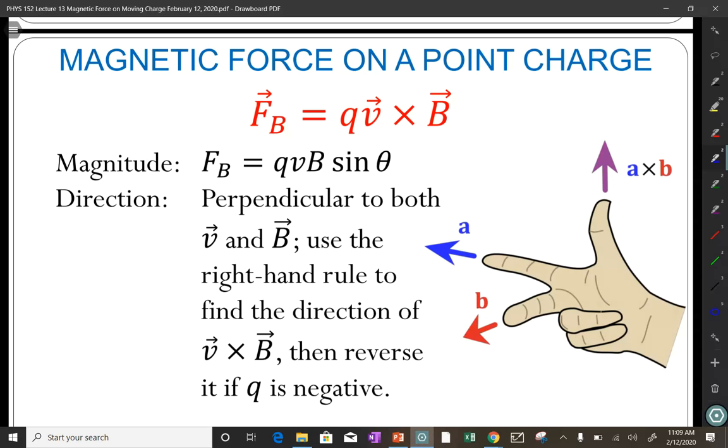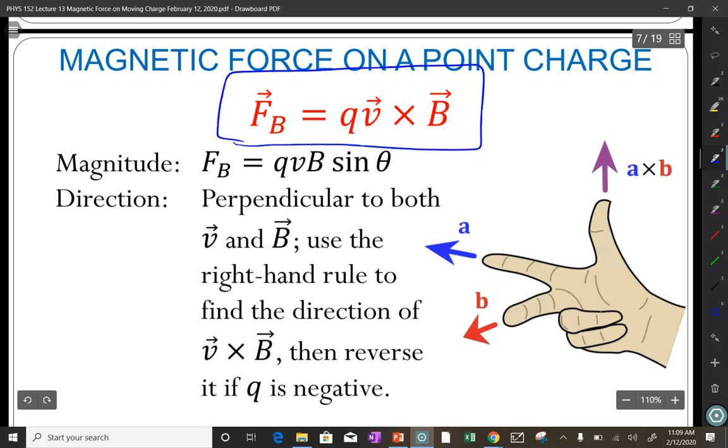But when we talk about force, which by now you know is a really important thing in physics, we're always going to talk about the force on a charged particle due to magnetism. So our magnetic forces are going to be on charged particles, not on magnets. And we start with the law. The magnetic force is QV